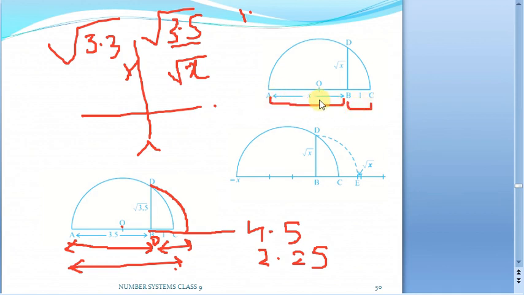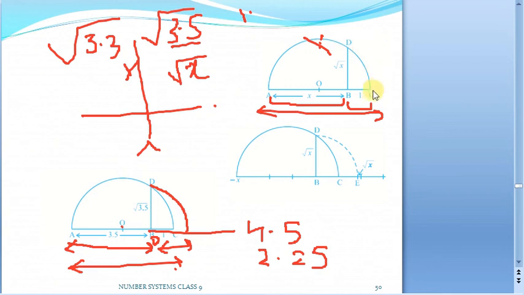Now we have to find the midpoint of this x plus 1. If it is a simple number and we can find it on the scale, it's okay. But if you are not able to find the midpoint using the scale, we use the perpendicular bisection method. Take this entire x plus 1 into consideration, draw arcs like this and find the midpoint. You will find the midpoint at this particular O. Now take O as the center and OA as the radius.